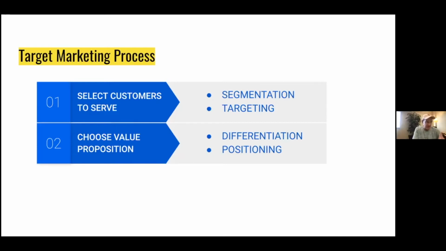In fact, in my final, I had them pick a company and go through. I didn't say what the steps were. So in the final, I just told the students, I want you to pick a company, pick a product at a company that's out there and known. And I want you to go through the 4 steps of target marketing. And I didn't say what they were, so that they had to remember segmentation, targeting, differentiation, positioning, and do each of them on the final. Okay, so this is something that is taught. It is the standard practice, and it's something that you should each be doing.